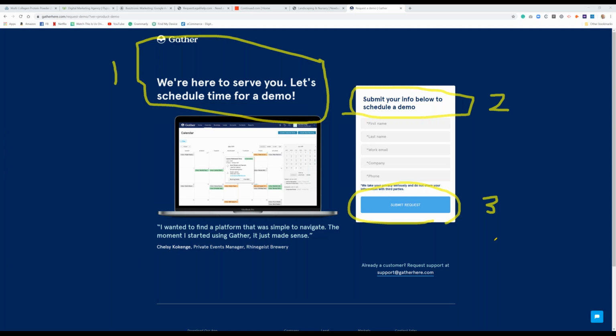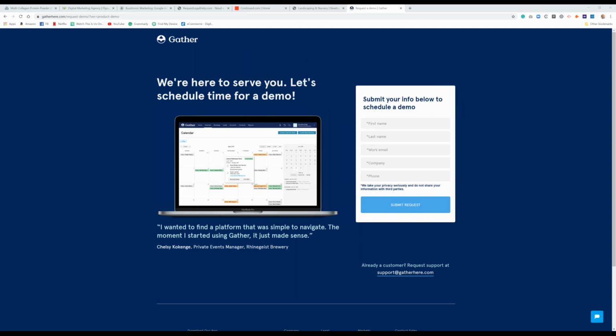Any thoughts or comments on that, Fred? I know you've probably seen a lot of. This is all great stuff, but the thing that confuses me about this page when I first saw it, not having come here before, is that the visual seems like scheduling software, which it kind of is. Mm-hmm. And then that kind of washes together with, okay, we're going to do a demo, or is this like, I'm just confused. Yeah, is the point of this page that calendar on the page, or is that the actual product in action?